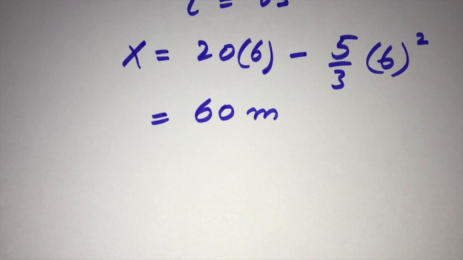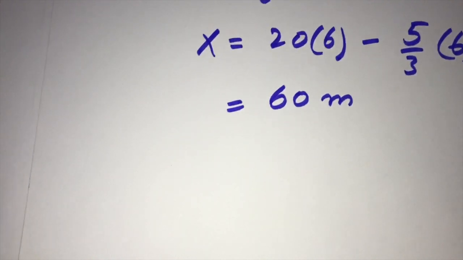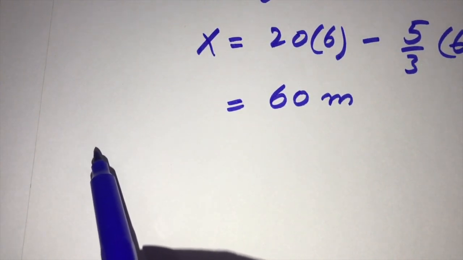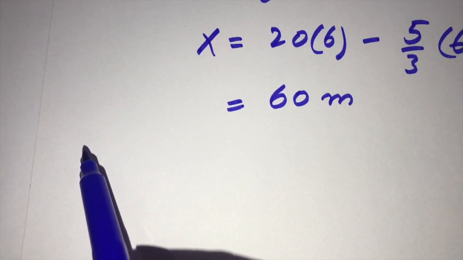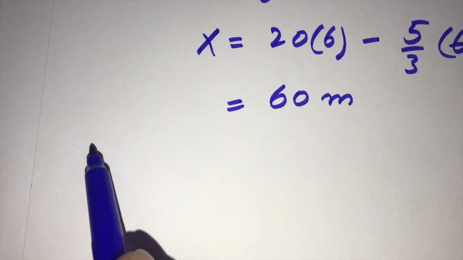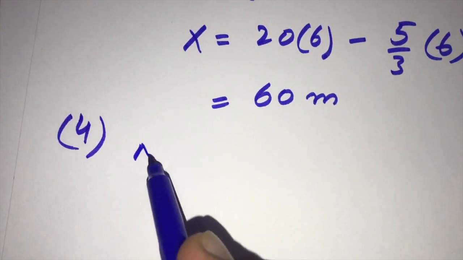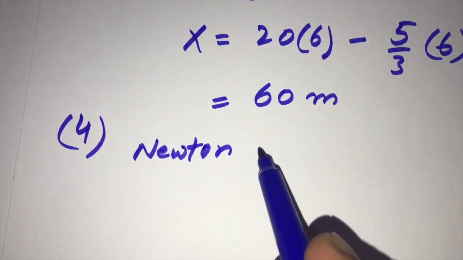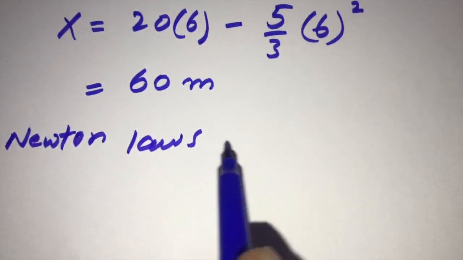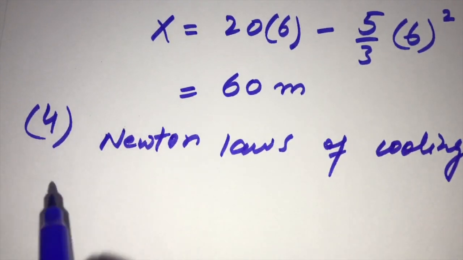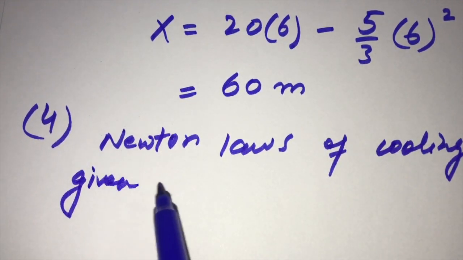Now we are done with 3 questions, and now let us move toward our fourth question. Our fourth question is about the Newton law of cooling, and from this we find the rate of change of temperature. Now first write the question. Our fourth question is, the Newton law of cooling is given by